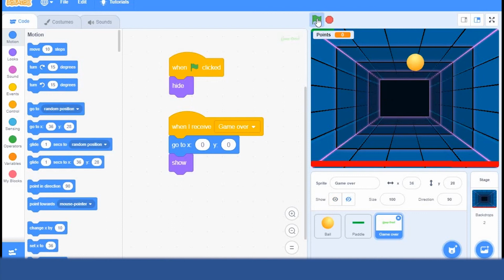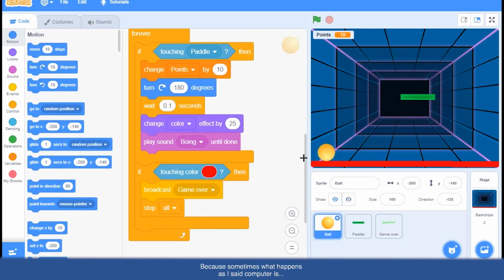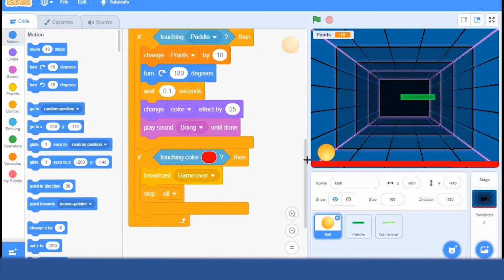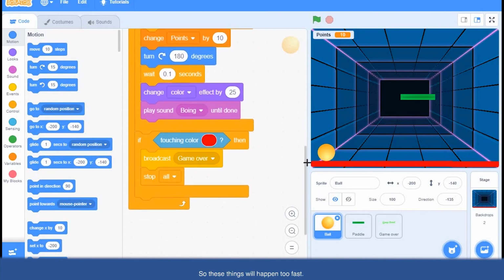Click on green flag. Okay, so it is touching, but we can't see the game over message. Why? Because sometimes what happens, as I said, the computer is so fast that these things happen too fast. So when it is touching color, immediately it is stopping all.